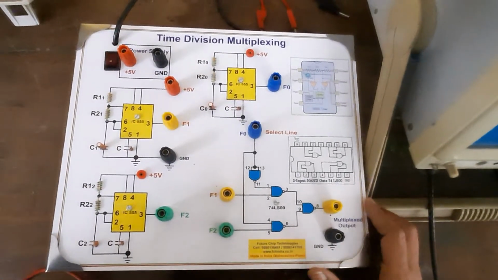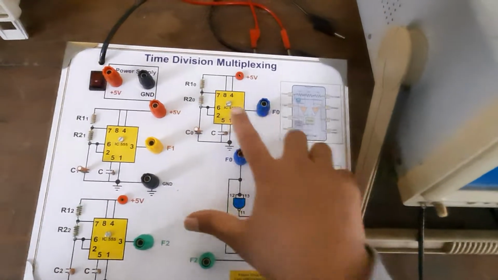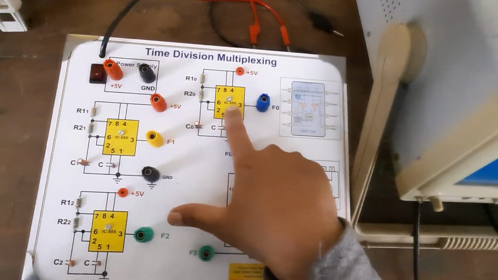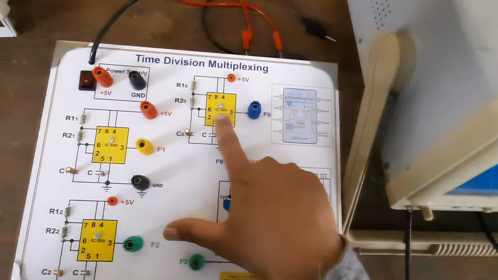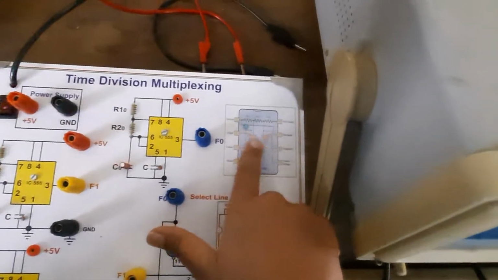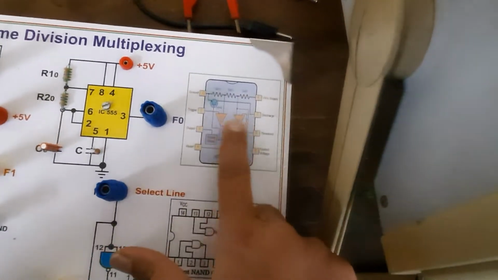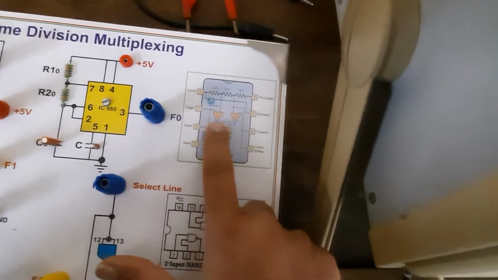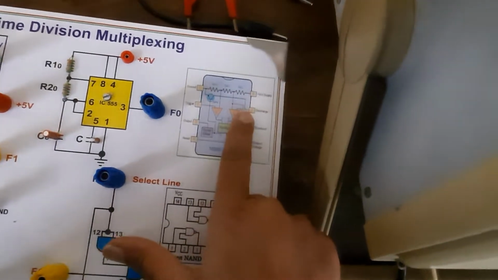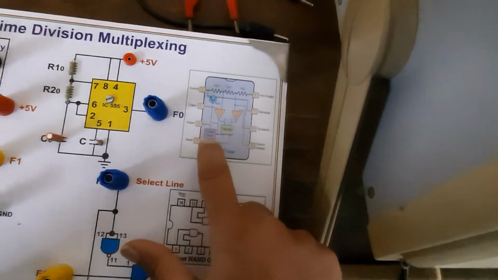Here we use an astable multivibrator, and the IC we use is the IC 555. In this diagram we see the internal structure: amplifier 1 and amplifier 2, which are comparators, with feedback given to the SR flip-flop and the output driver.